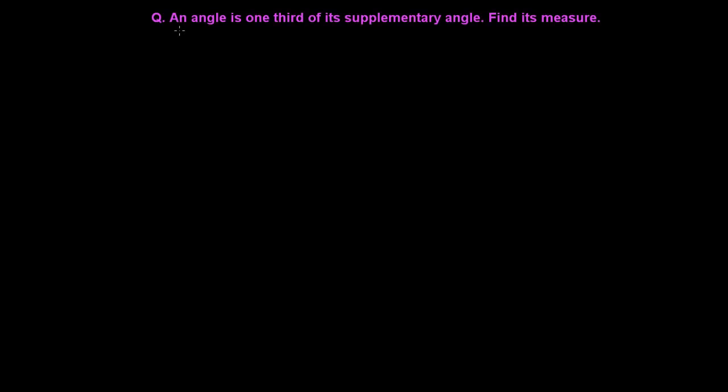The question is: an angle is one third of its supplementary angle. Find its measure. We already know that supplementary angles are two angles whose sum is 180 degrees. So if this is one angle, then this is the supplementary angle of this angle. Suppose it is x, and this is y, then x is called the supplement of y, or y is